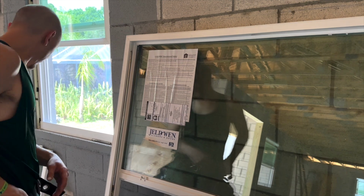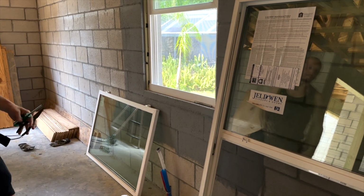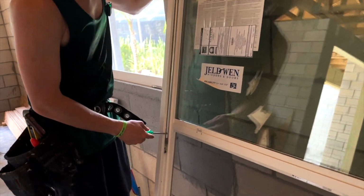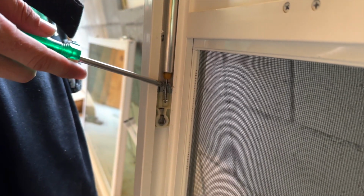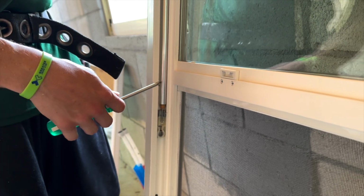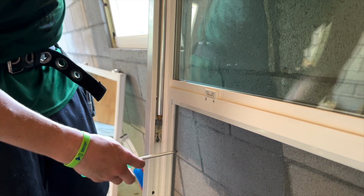The next step is taking the balances off. This is extremely important. You need to open the window all the way so that the spring, the spiral, is all the way up. It's all the way up now, and if you try to take it off with it down, you're going to pull the tension rod, and it's very difficult to get back. So you take your flathead,